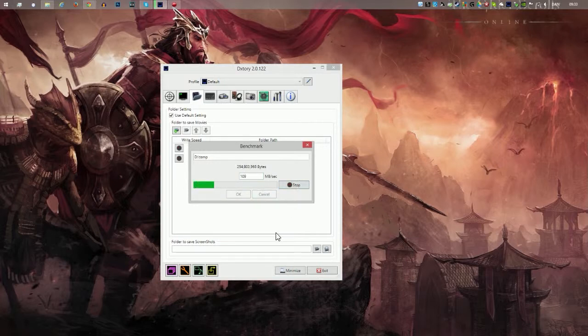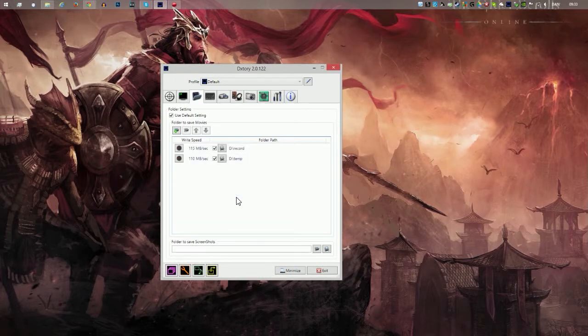So now it's basically testing the write speed to the disks, and you need like a 700,000 RPM, I think it is, to get 30 plus frame rate recording capabilities on your gameplay and all that. So you can see it's actually the same disk, but because I'm actually recording to this disk right now, I lost 5 megabytes per second. So that's quite funny, but remember to keep that checked.